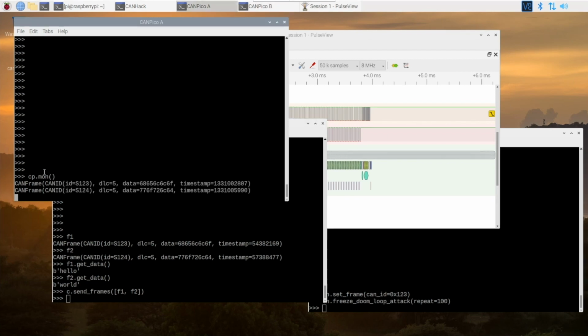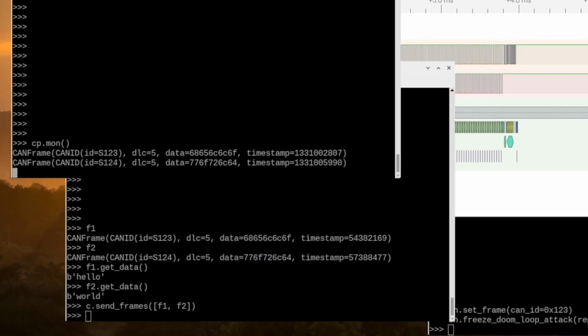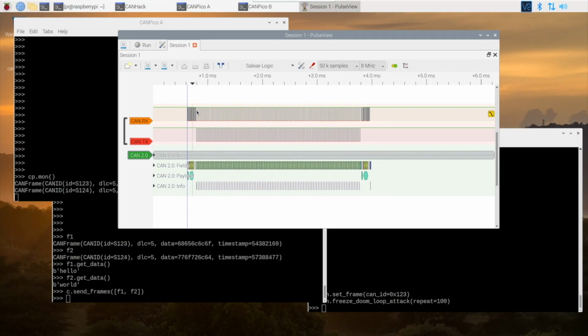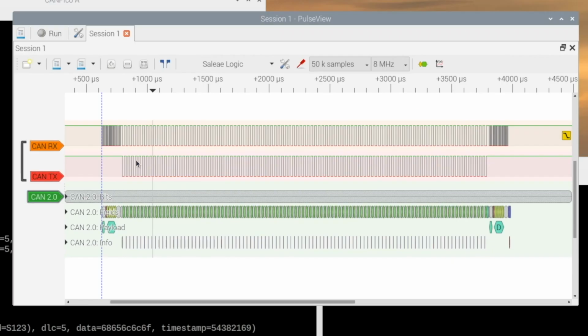We can see 2 frames have been received, but there's quite a gap between them. The first frame goes here, and we can see it's been received okay. Then we get overload frames all the way through, and then the next frame, world, is received okay.